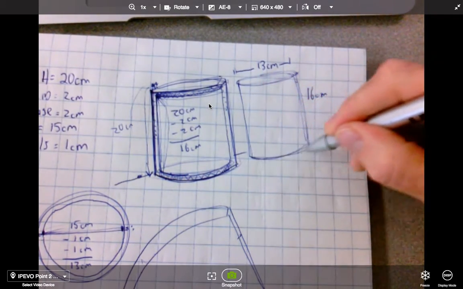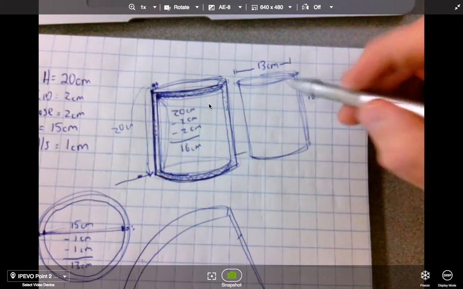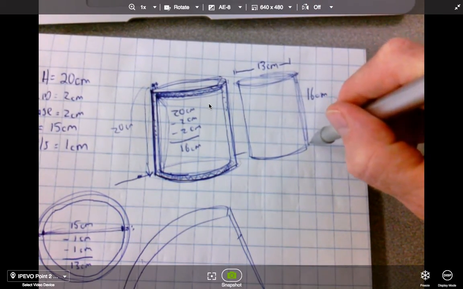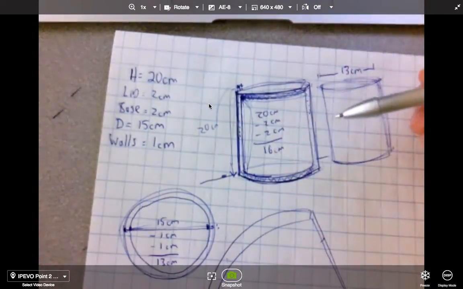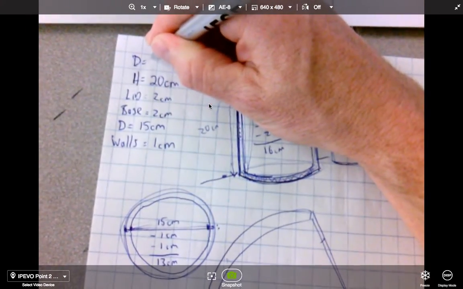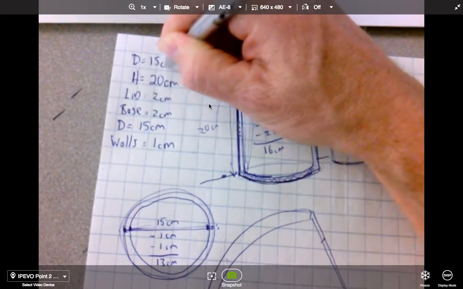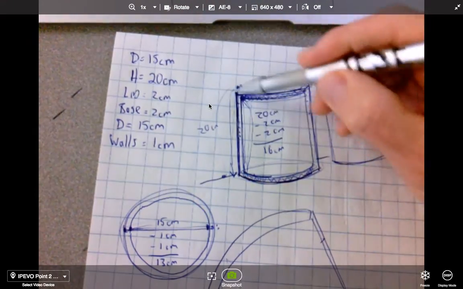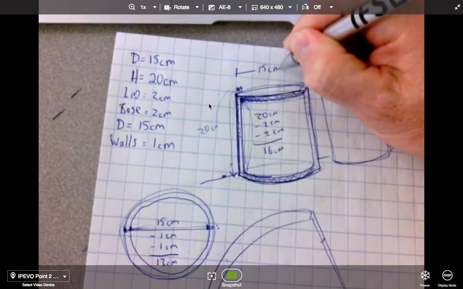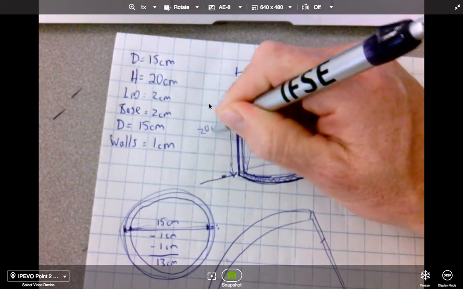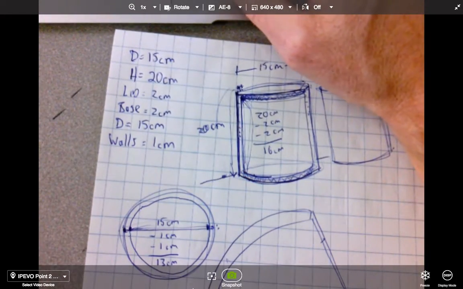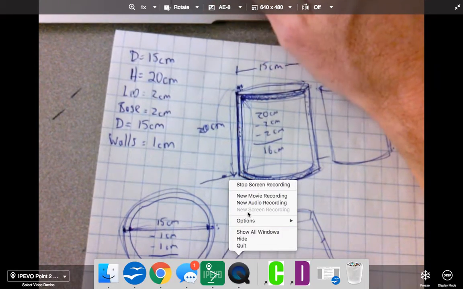So my new dimensions would be 13 centimeters for the diameter and 16 centimeters for the height. Whereas the outer cylinder, the diameter was 15 centimeters and the height was 20 centimeters. So 15 centimeters was the original and the height was originally 20 centimeters. Okay, that's